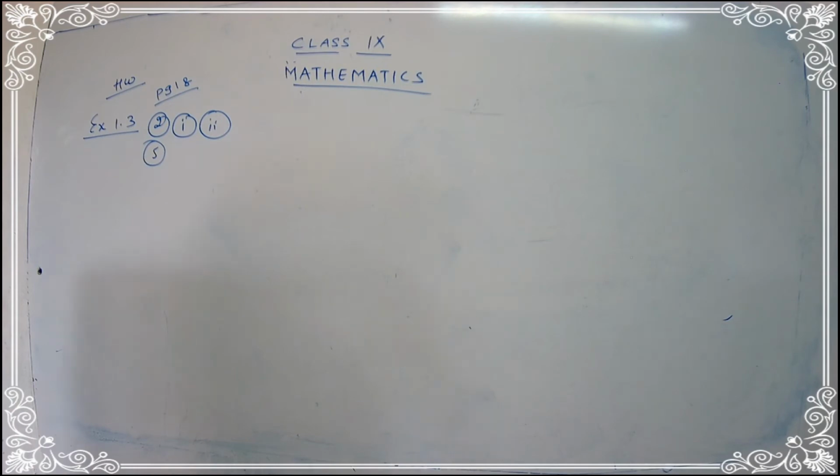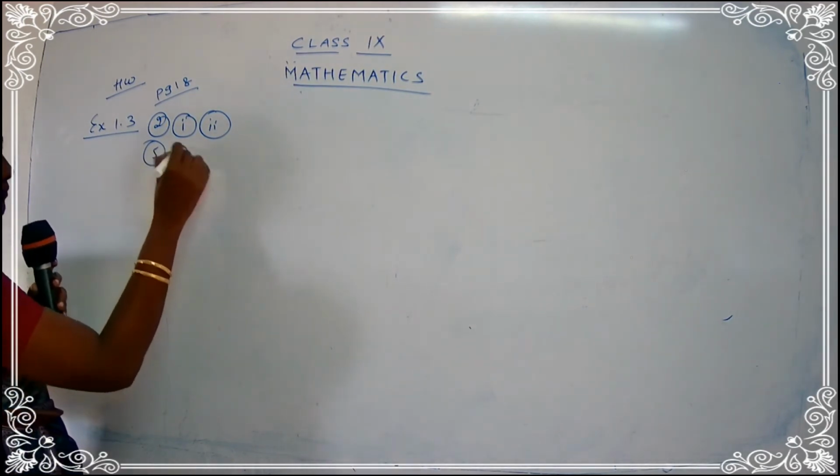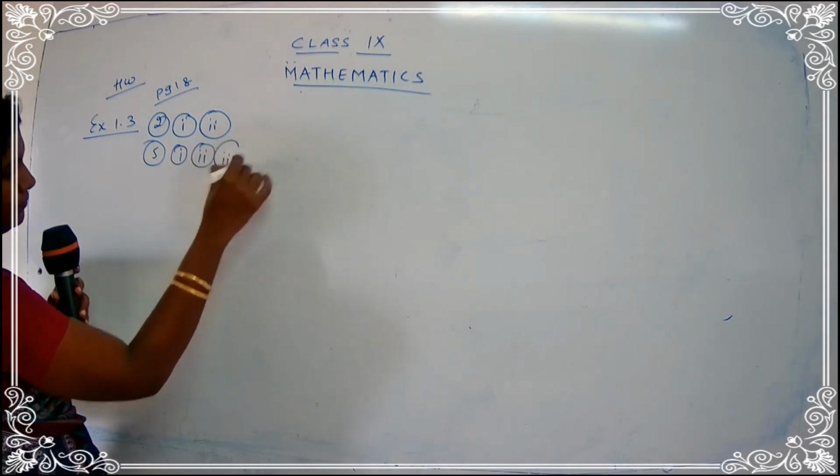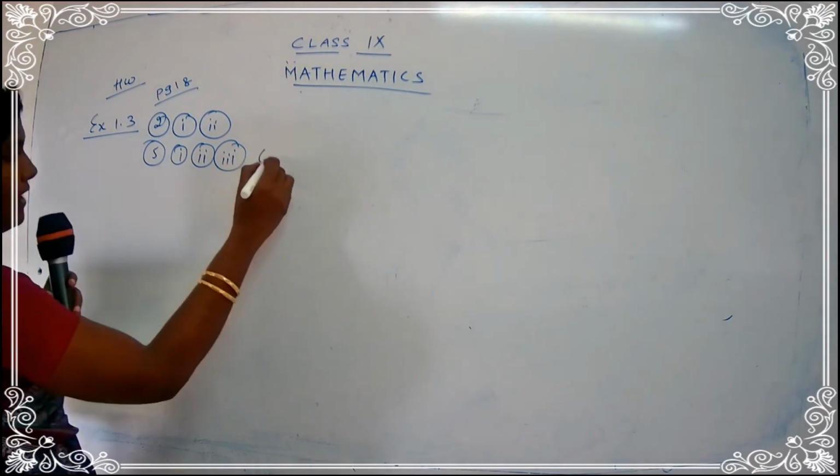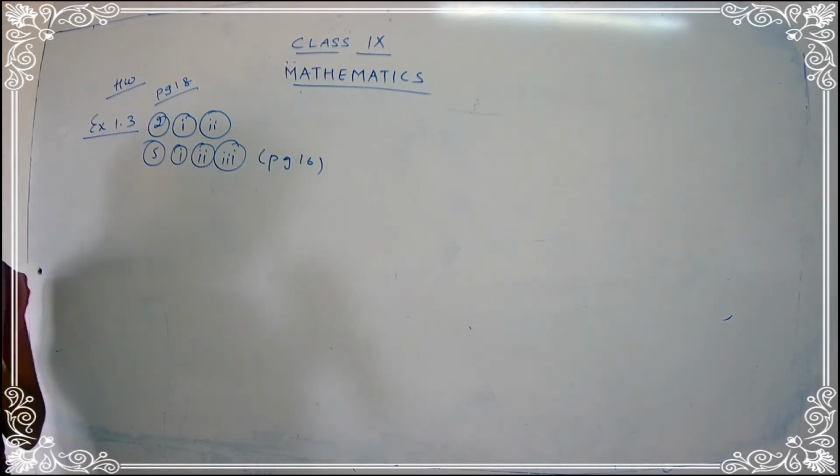That's why you have to be careful when I explain the steps. So question number 5, all the 3 sums, 1, 2, 3. You have to complete all the 3 sums. I have explained to you how to complete the answers, how to find A minus B and all. You can just refer to your example 1.15, okay children? For question number 5, you can refer to page 16. They have given on page 16 how to solve the answer. So you can use that.